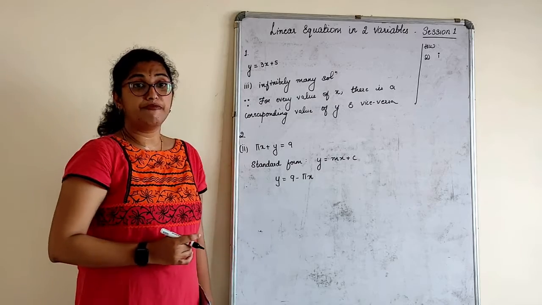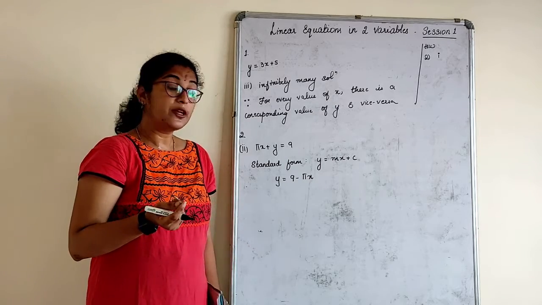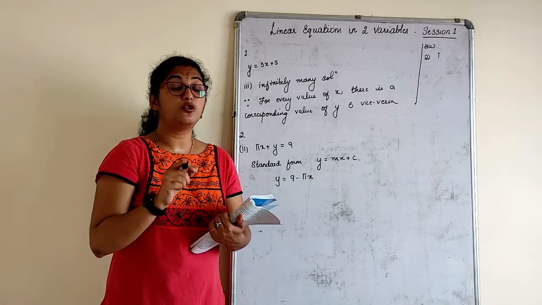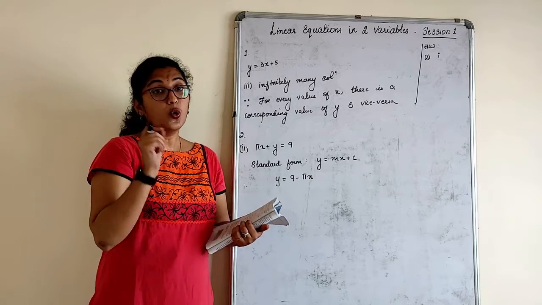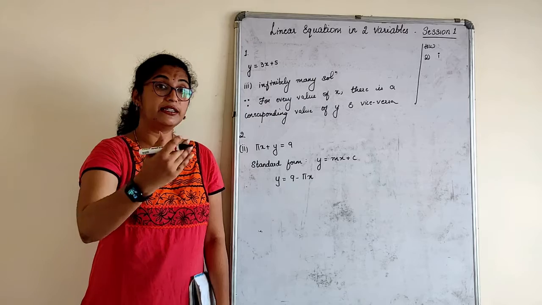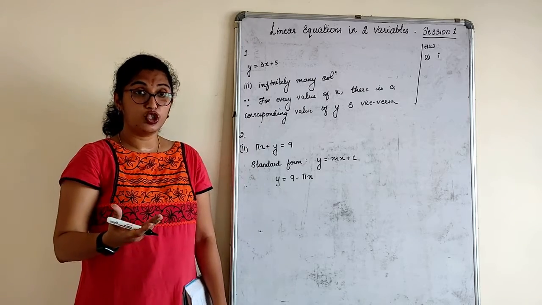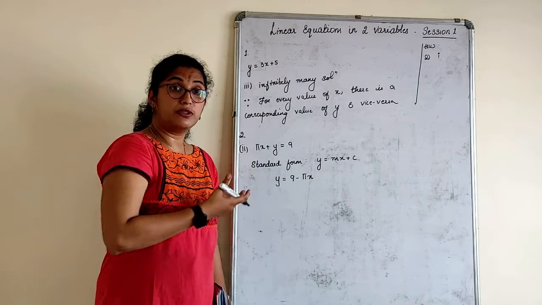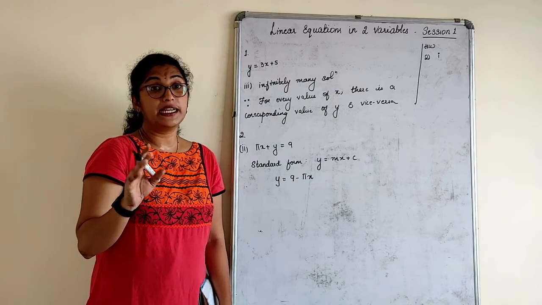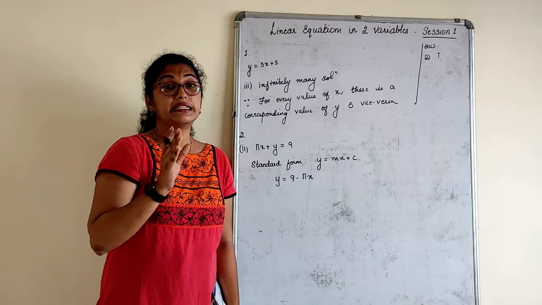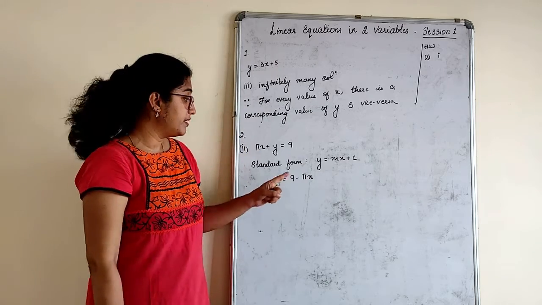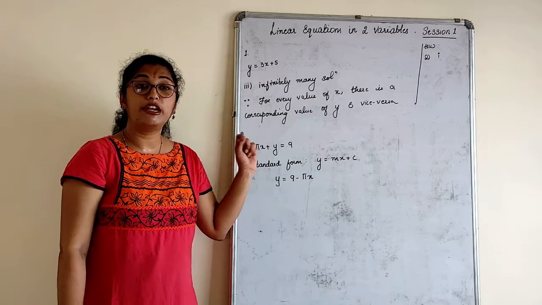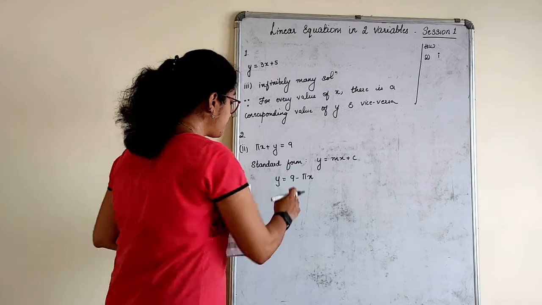What is the value of pi? It is pi. Why can't we take it as 22 by 7 or 3.14? Because they have not mentioned it here. Only if it is mentioned. See, later when we start with geometry, where we come across pi, they mention take pi as 22 by 7 unless stated as 3.14. So unless the pi value is given, we need to use it as pi. I have already told this in polynomials once.